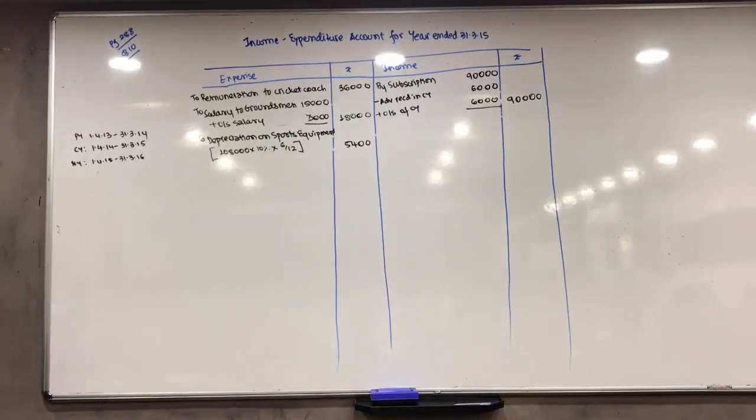Second effect, minus from asset. When we prepare the balance sheet, we'll do it. Does anyone have any doubt? Income expenditure is very similar to profit and loss. Okay. Then